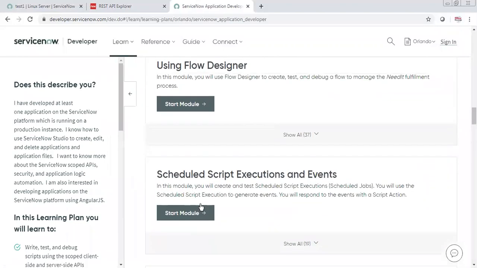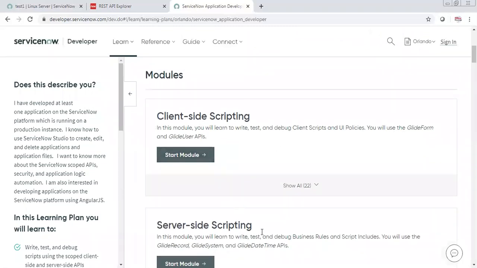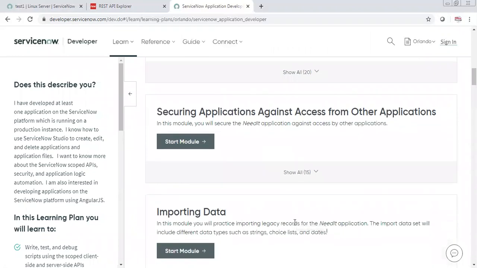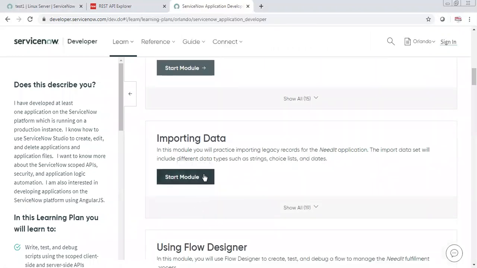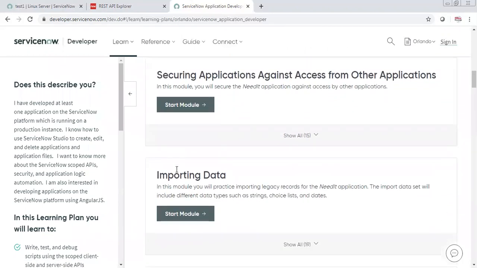Like here, the first thing I would say, go through this client server language. Maybe importing data, this is again your kind of admin part. If you want to learn more, what is this Needled application? ServiceNow has provided a kind of demo application which you can use for practicing.